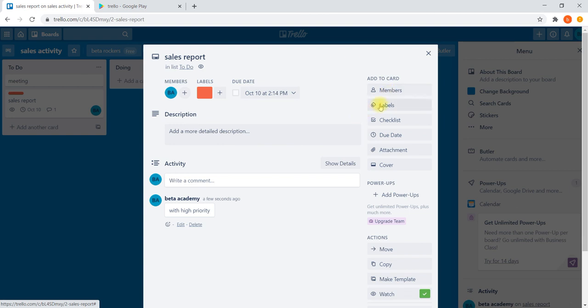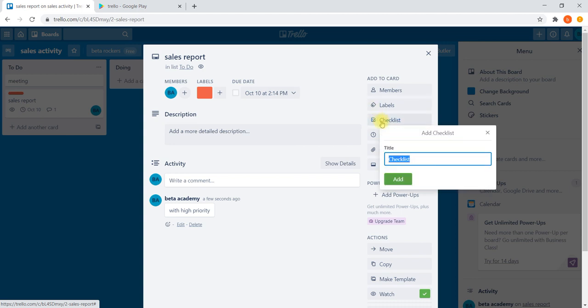And here you can add some other members also. You can change the labels also anytime. You can make it a checklist. For example, within a sales report, if you would like to add some activities, sub-activities, then we'll use a checklist. We can say one is monthly sales, add.